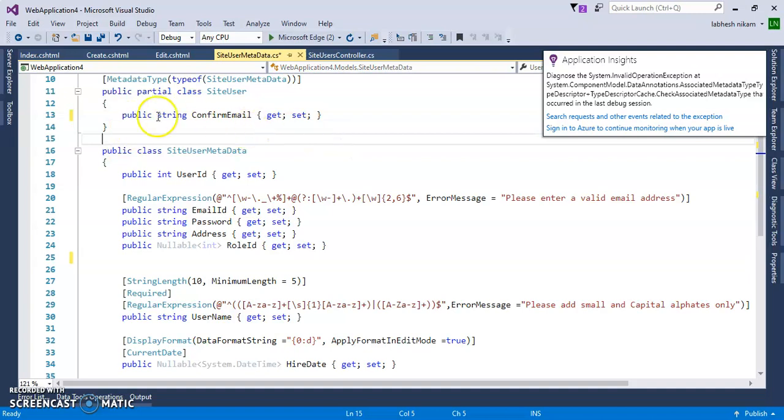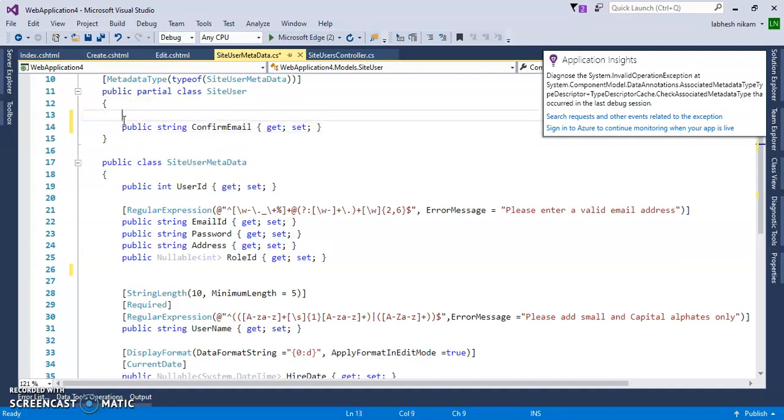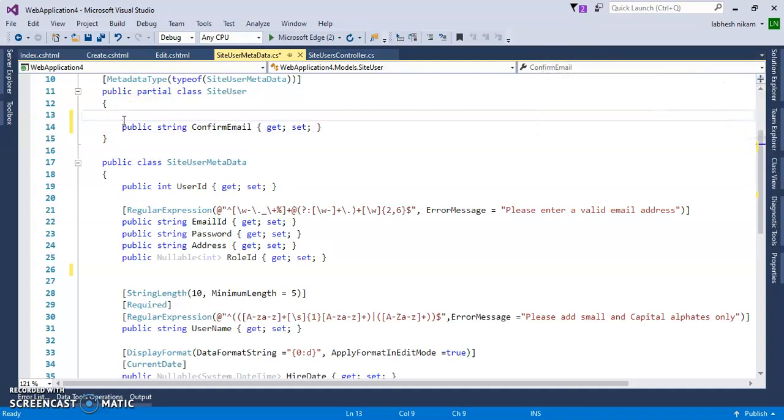Then we will add the compare attribute here, compare with this email ID. Let's copy it and paste it here, so compare with email ID.